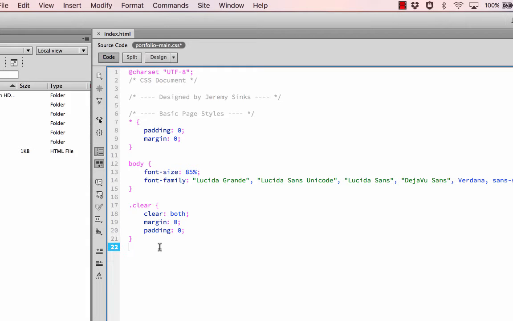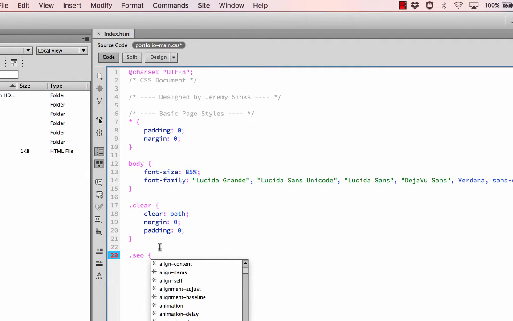And then the next one we're going to do is make a class for our first header tag, our heading 1 tag, and we're not going to style this heading 1 tag directly. We want to actually just add this class to it, and we're going to give our browsing or search engine crawling bots something else to look for in terms of our website. So we're going to call this .seo for search engine optimization, and we're going to open up a curly brace,